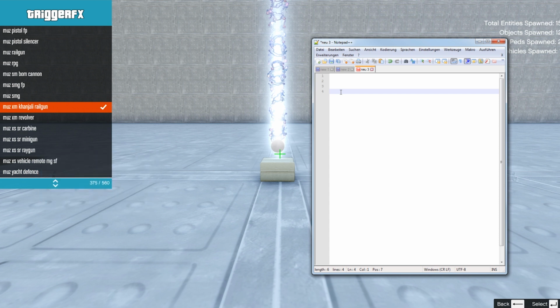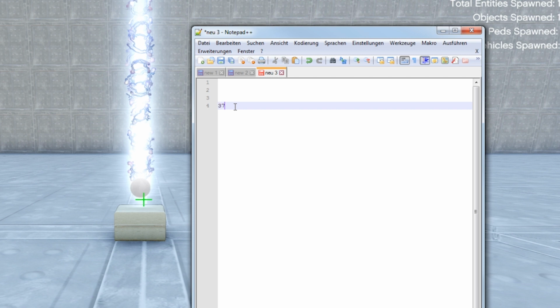I suggest adding some short description in order to easily remember what idea you had in mind. So for instance, 375, muzzle flashes as the category, then the name, MUZ XM Khanjali Railgun, and then the description is looks like a beam of energy at interval 0.0 and any size.